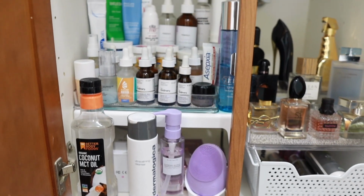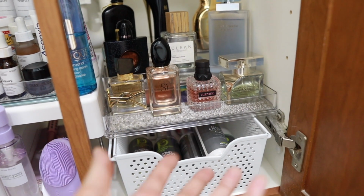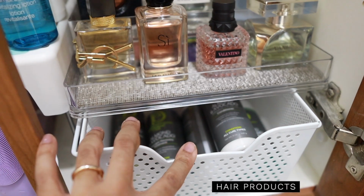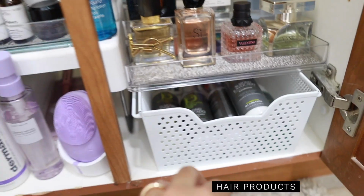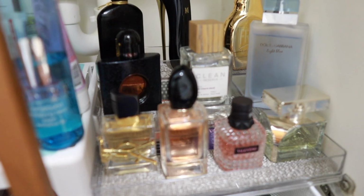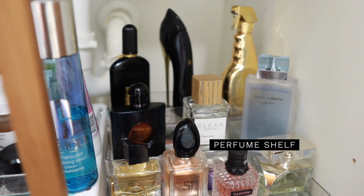Okay guys, so this is the final product. Definitely have to figure out another shelf situation for over here because this is definitely not the sturdiest, but I basically put all of my favorite hair products, or the ones that I reach for the most, in this little basket. It's a drawer, so I can slide it out. I just have to be very careful not to drop my perfumes. These are the perfumes that I tend to grab for the most. So I put